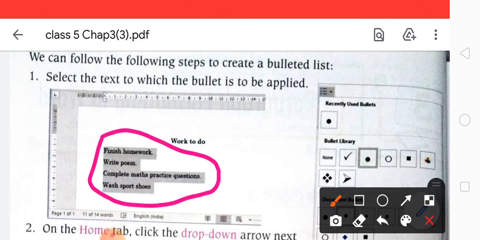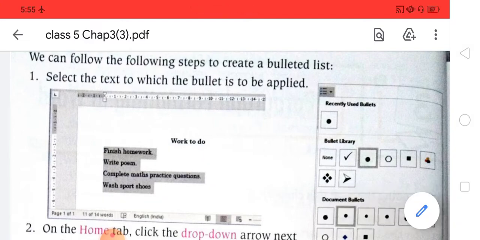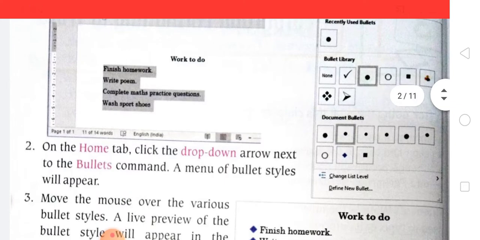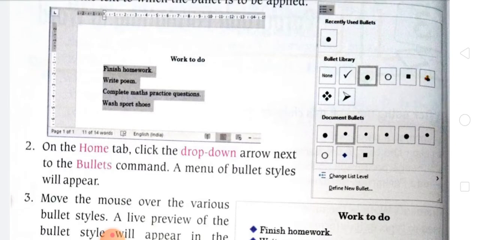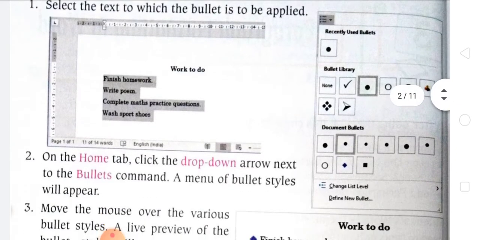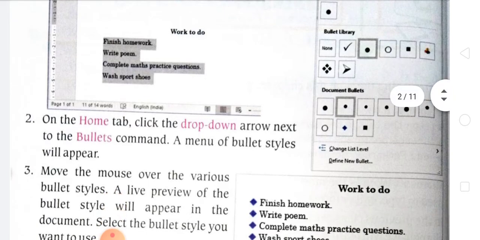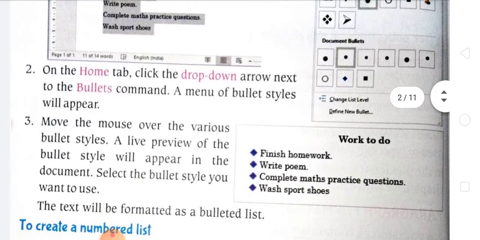Then the second step to give the bullet is on the Home tab. You have to click on the Home tab and go to the drop down arrow next to the Bullets command, and a menu of bullet styles will appear. Move the mouse over the various bullet styles.